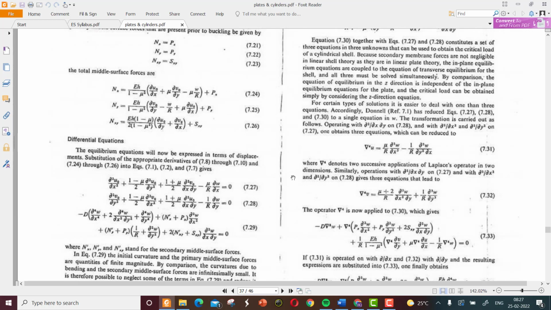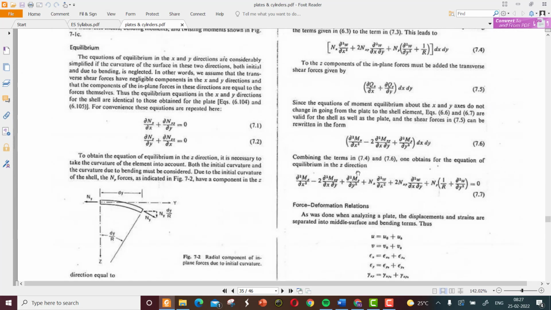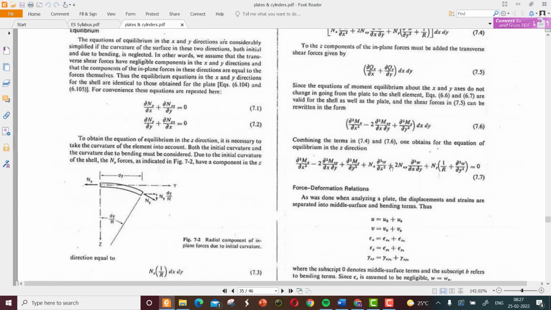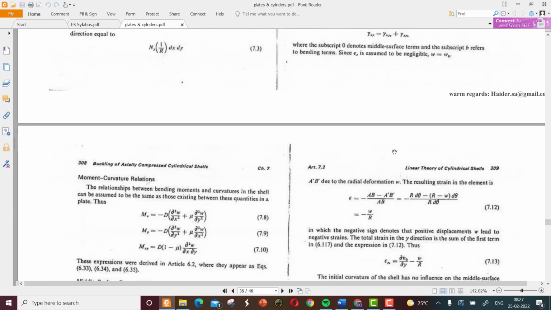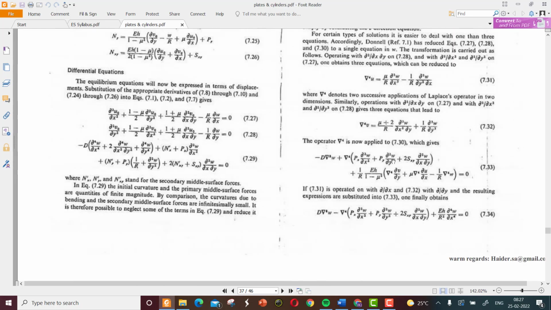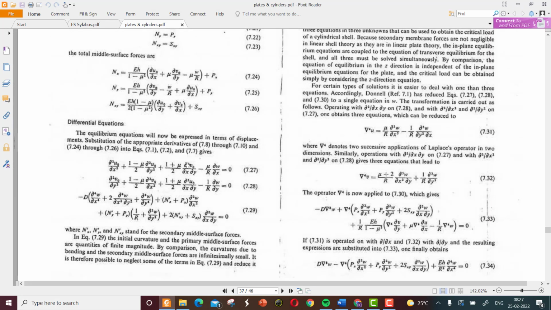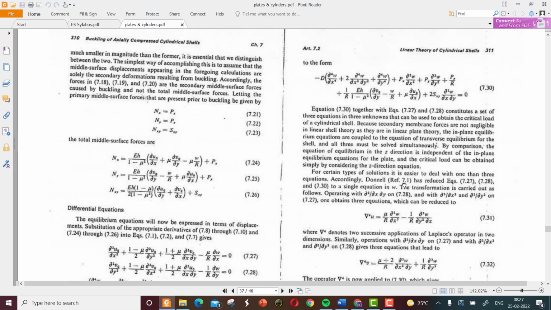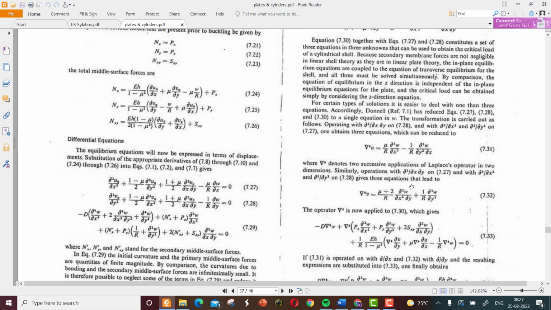And 7.7 is the final equation, which includes the in-plane forces plus the transverse forces. So those will provide you a lengthy equation, and after considering the higher order terms and neglecting the lower values,